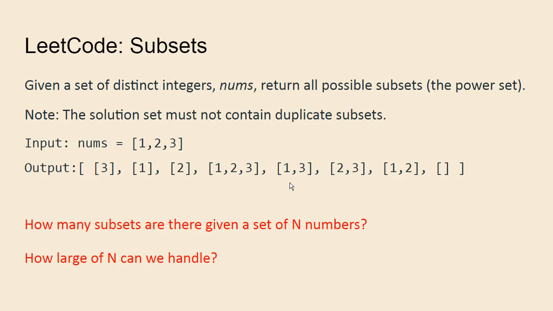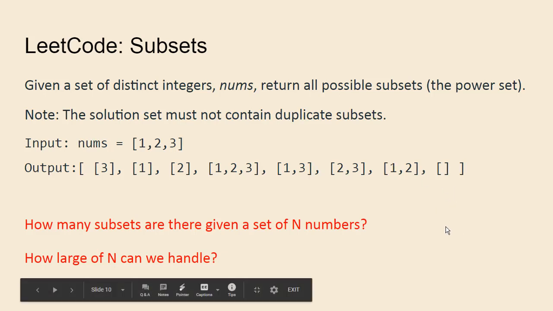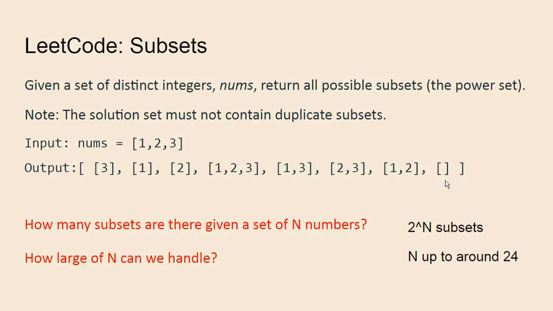So the question is, given a set of n elements, how many subsets does it have? That will also determine how large an n we can handle for a problem like subsets. Generating all subsets is oftentimes a part of solving some problems. Some problems are solved by enumerating through all possible subsets, and then you do something for every one of the subsets. So the answer is there are 2 to the n subsets,